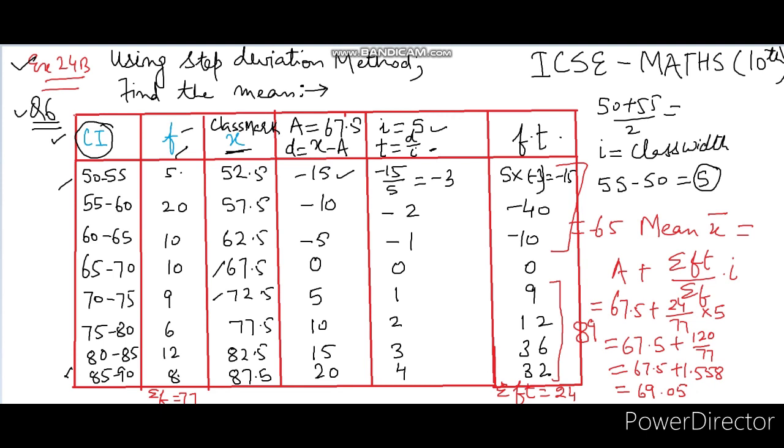Okay, so students, this is the way, these are the steps, these are the columns. See how many total number of columns in case of step deviation method. Our step deviation method was here, columns first and second will surely be given to you. We have to add from our own side the third column, fourth column, fifth column and sixth column. Total 6 columns in every question of step deviation, and you have to learn the headings, what is going to be calculated when. So that calculation you have to continue, and the important thing is in the end to put everything in this formula in order to calculate this mean. Okay, so students, that was all about step deviation method.